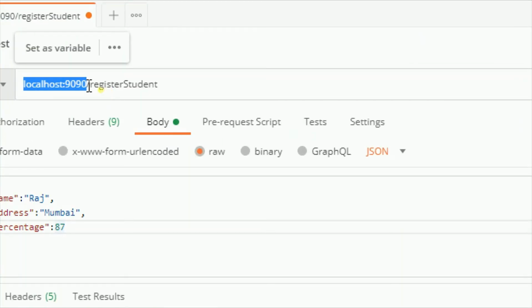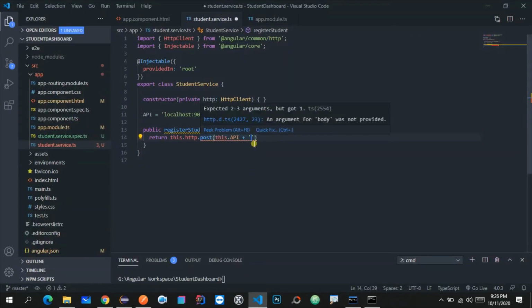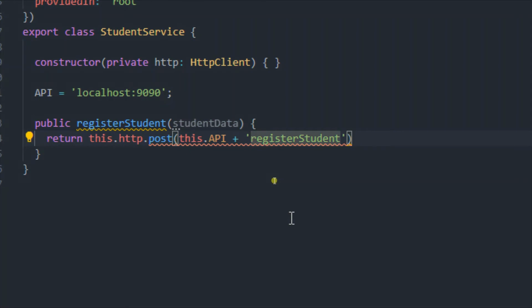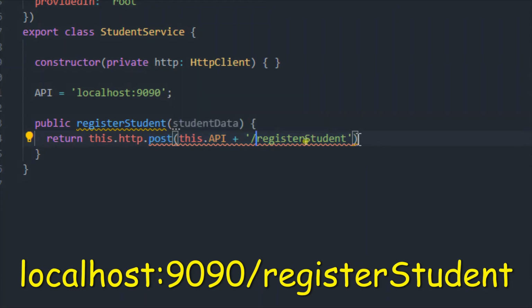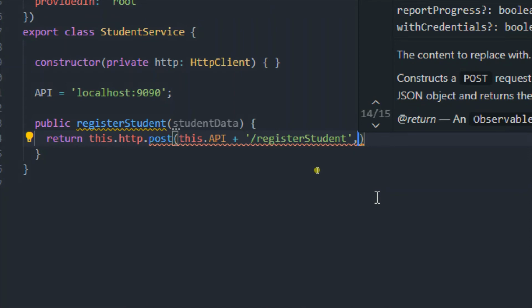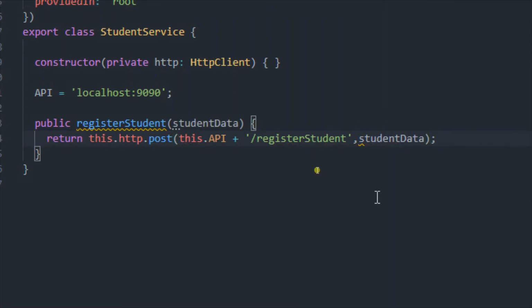So let me copy this and paste it into Visual Studio Code. Let me paste this over here. Make sure that you are giving the slash. So this.API plus registerStudent. This is the path, and again we need to send the data. The data that we are trying to send is the student data, and now the service end is ready.